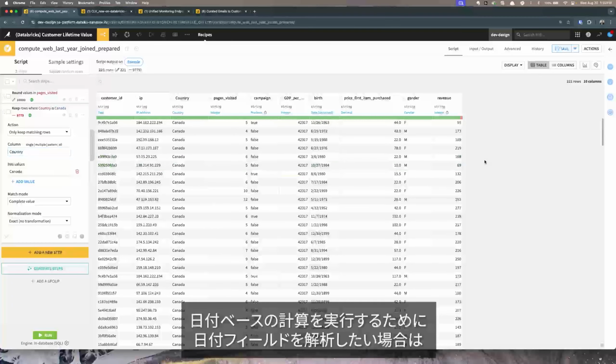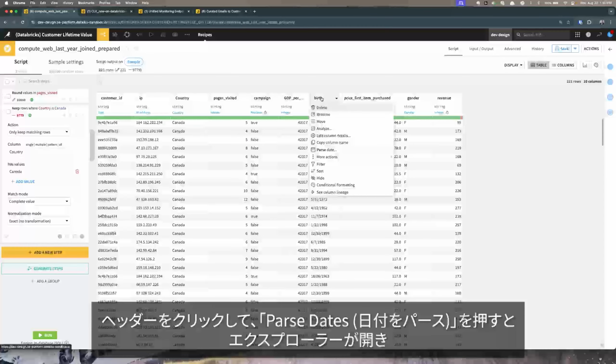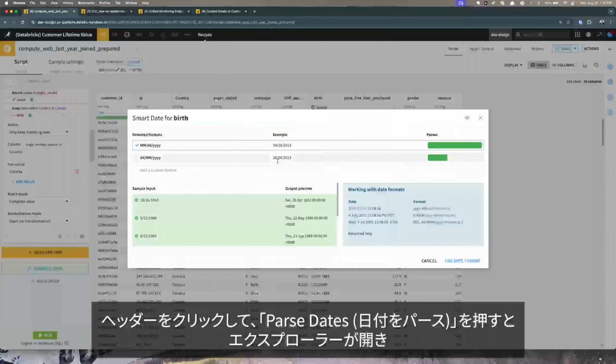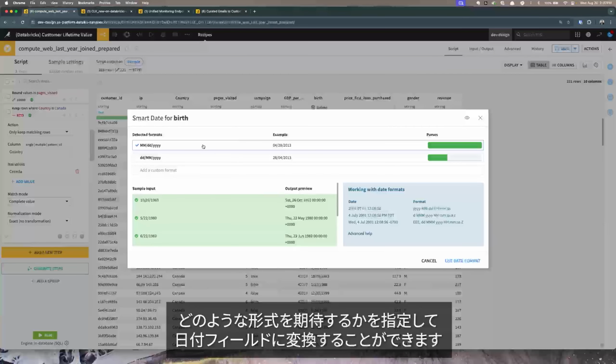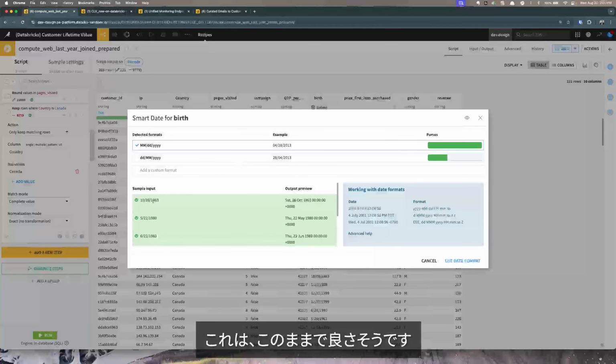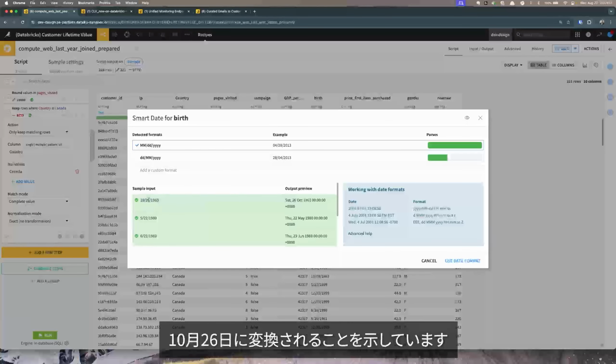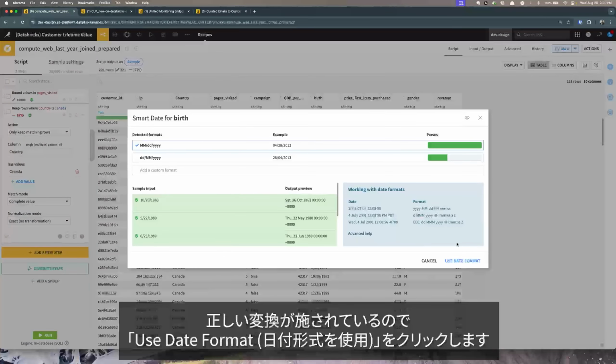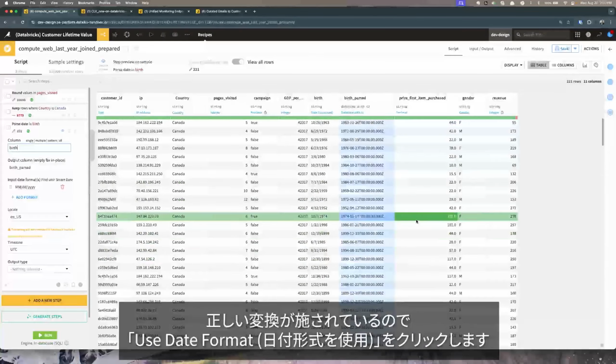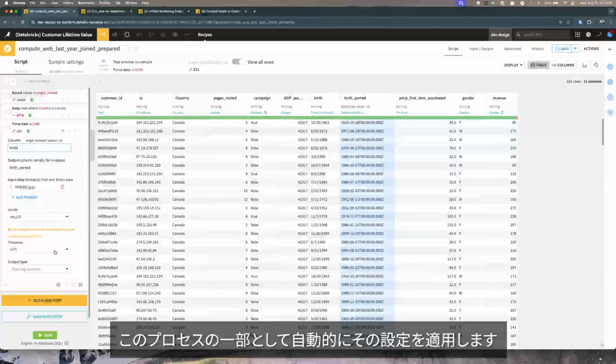If I, for example, want to parse this date field because I want to maybe run some date-based calculations, I can click on the header and say parse dates. The Explorer here opens up and it allows us to tell it what sort of format to expect and to transform it into a date field. So this one looks good for me. It's showing that this would translate into October 26th. So that looks right. So I'll click use date format, and it automatically applies that step for me